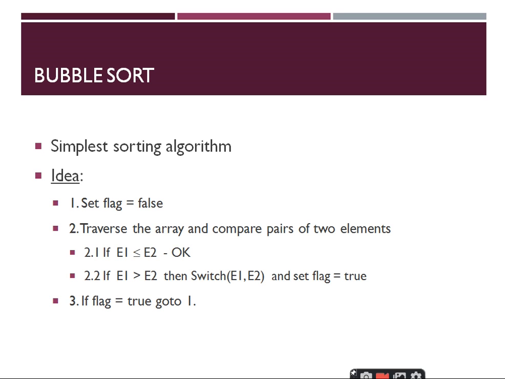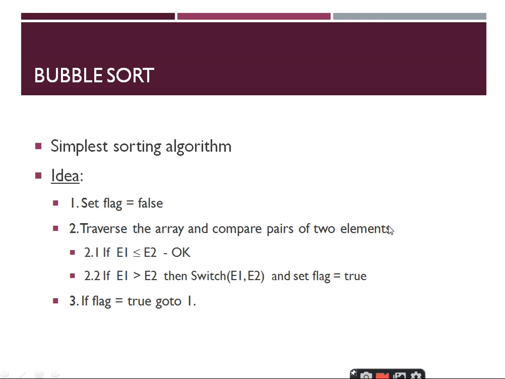Now this bubble sort algorithm is considered the simplest algorithm. The basic idea is to set a flag. Initially we set the flag as false. Then we traverse the array. Given a list, we consider it as an array of n elements. First we set the flag as false, then we traverse the array,